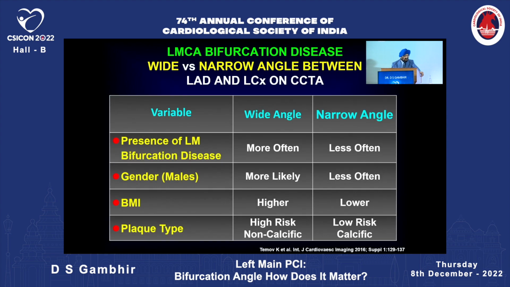coronary stenosis. Another study showed that a wide angle was more often associated with the presence of left main bifurcation disease as compared to a narrow angle. These patients who had a wider angle were often males. They had a higher body mass index, and their plaques were more often non-calcific as compared to those who had